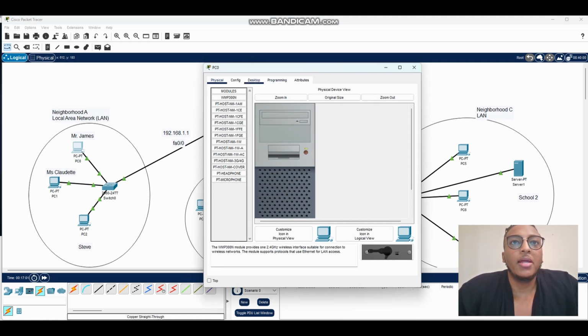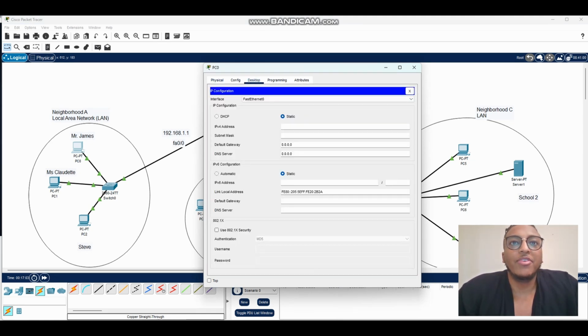Click on your endpoint, click on desktop, click on IP configuration. We're going to be assigning static IP addresses. You have the option for DHCP as well, but we don't have a DHCP server. We do have a server, but we haven't turned on DHCP settings for it. So